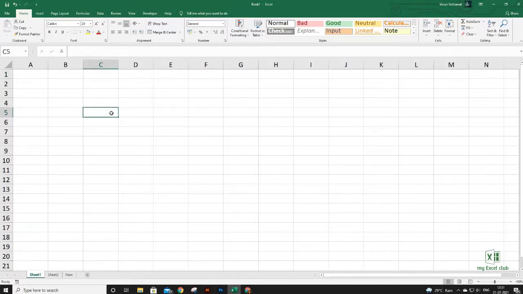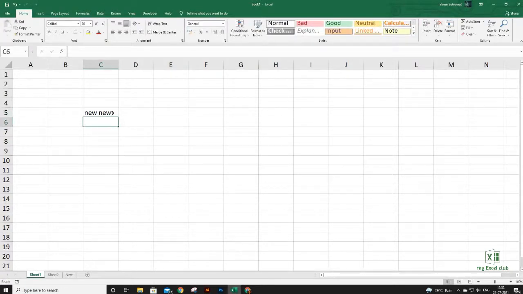If you click on the cell again and write again, it will overwrite what you had already written. If you don't want to replace the text and just want to update it, then double click on the cell and then make the changes to the content and then press enter.